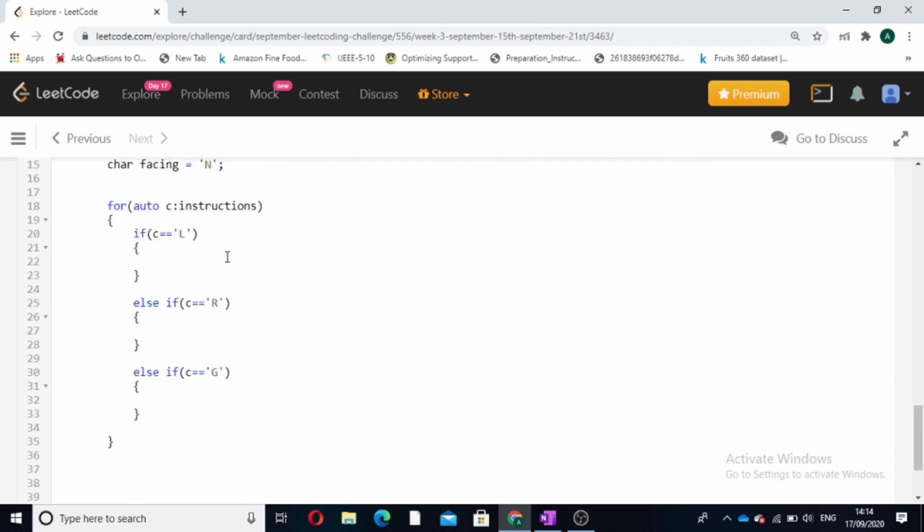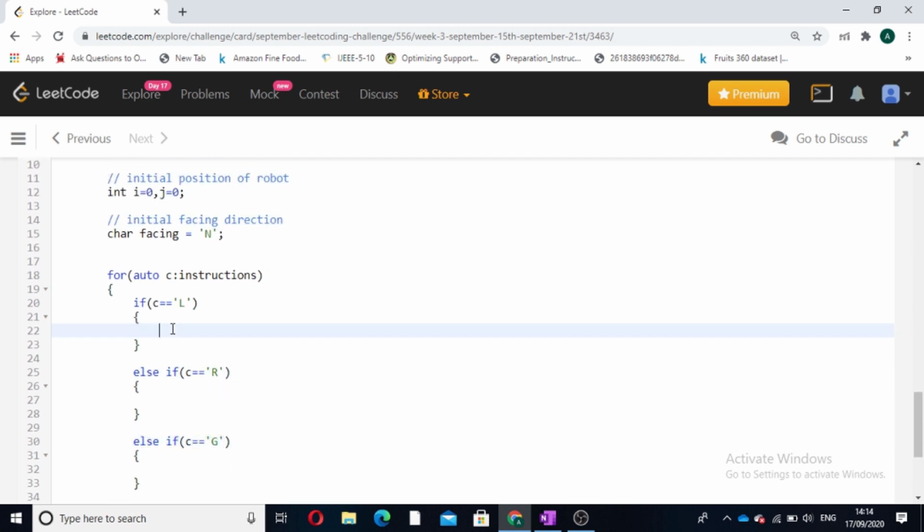If in instruction there are three possible cases: if we encountered an L, or if we encountered an R, or if we encountered a G. So let's see what we have to do in those cases. Now if we have encountered a left, we will be turning on our own axis towards the left direction. So our new facing will become